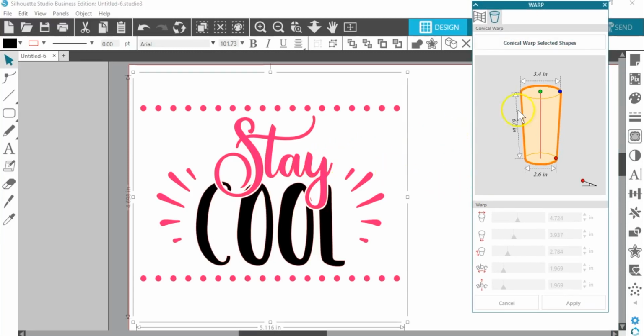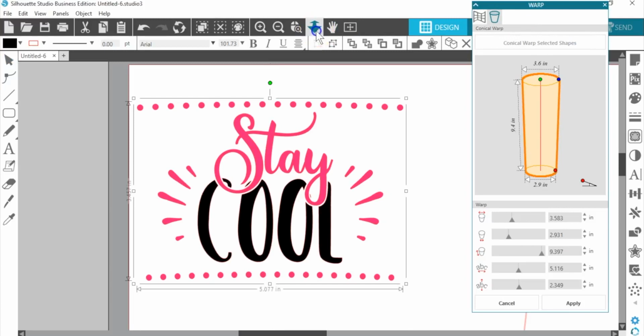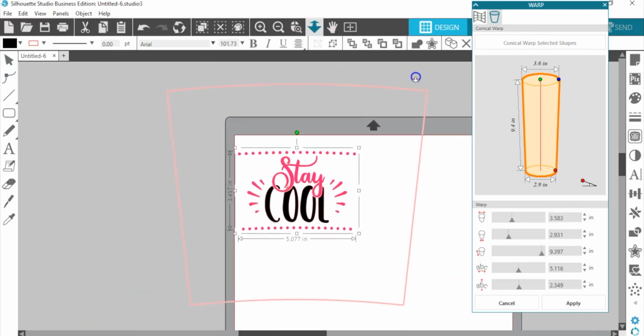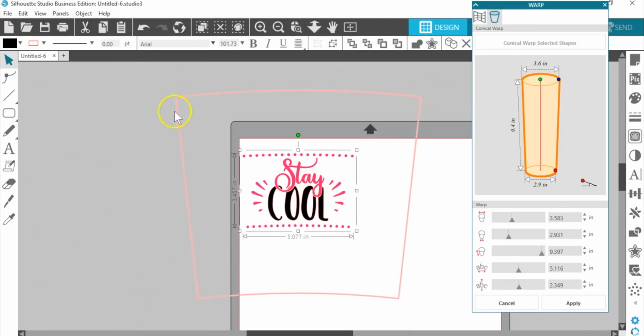And with that design selected, if I choose Conical Warp Selected Shapes, that is going to warp my design. And you'll actually see, if you zoom out, you can see this outer edge kind of showing your border so you can see what's going on.